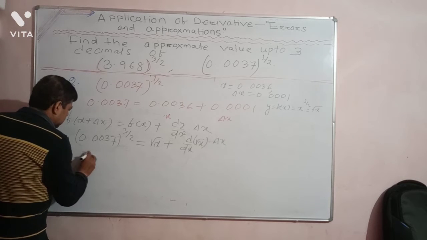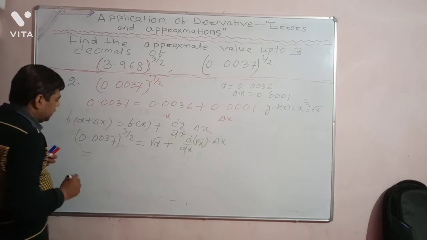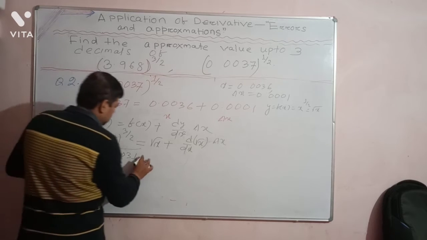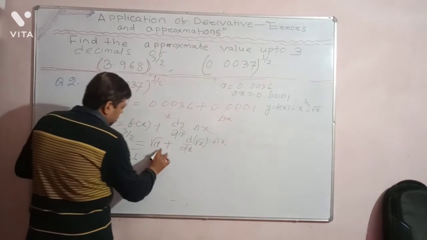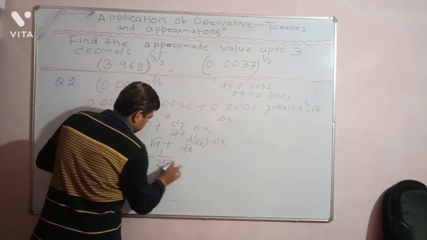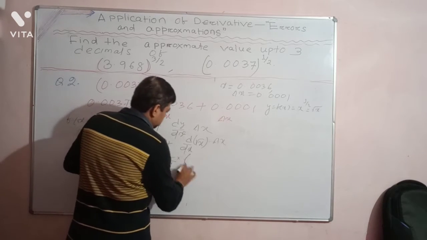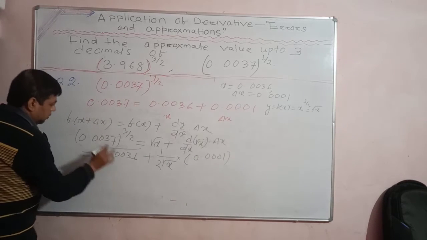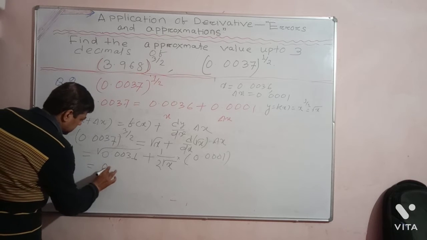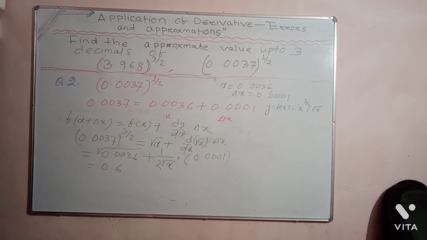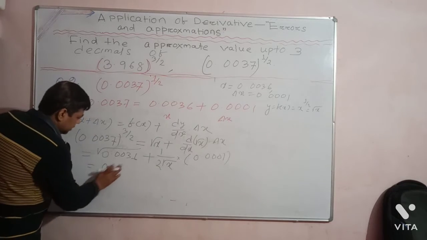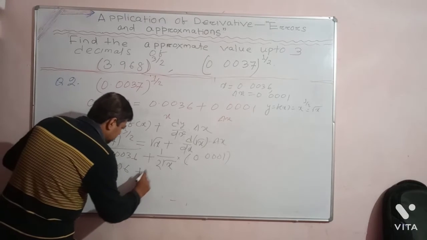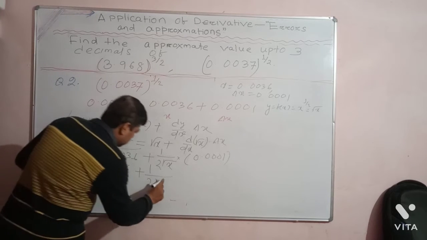So that is equal to root x, the value 0.0036 under the square root, plus the derivative of root x, which is 1 upon 2 root x, into del x, which is 0.000001. And what is the square root of 0.0036? It is 0.06. So 1 divided by 2 into root x value 0.06